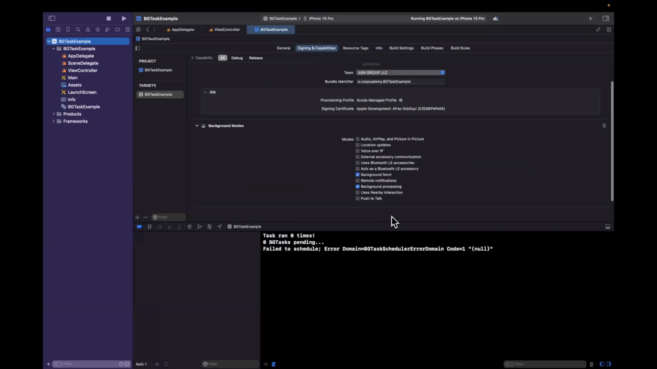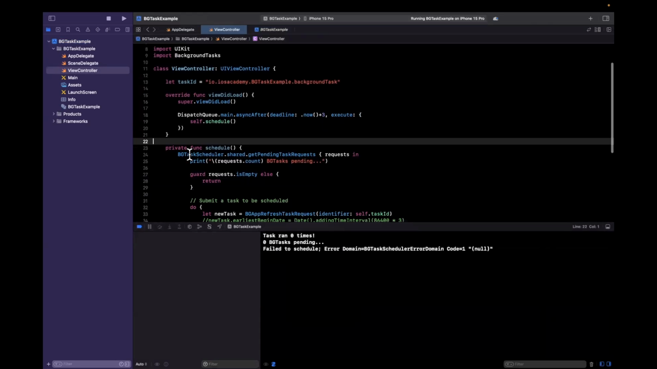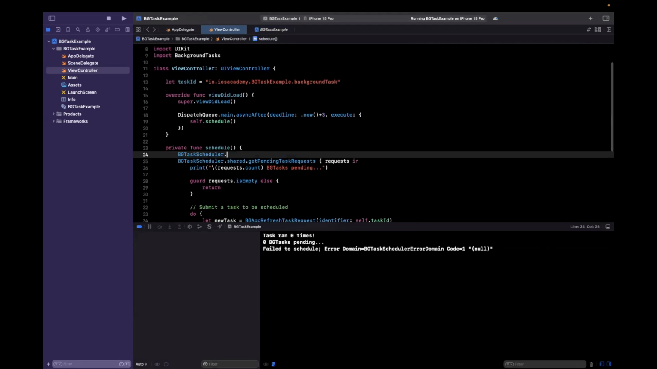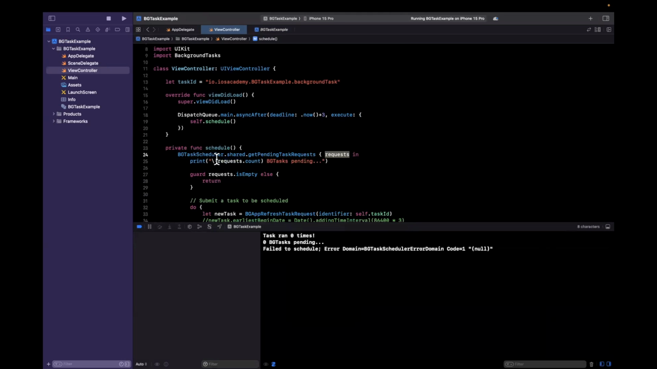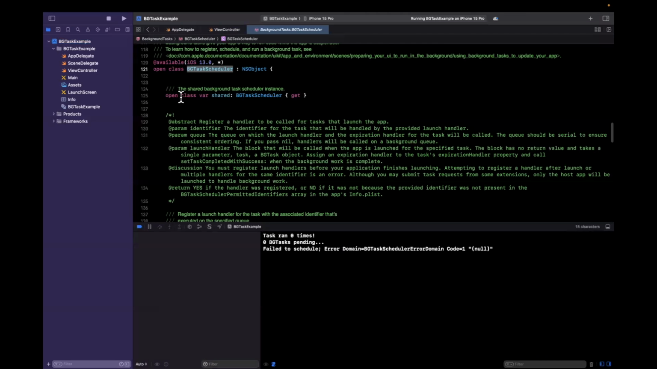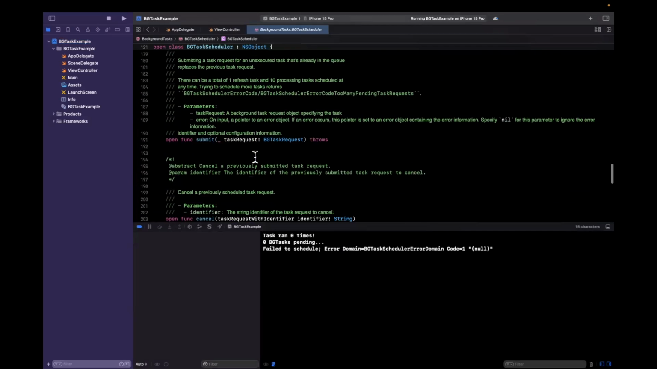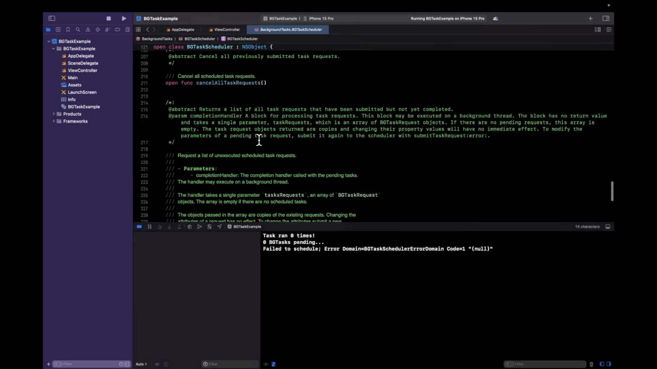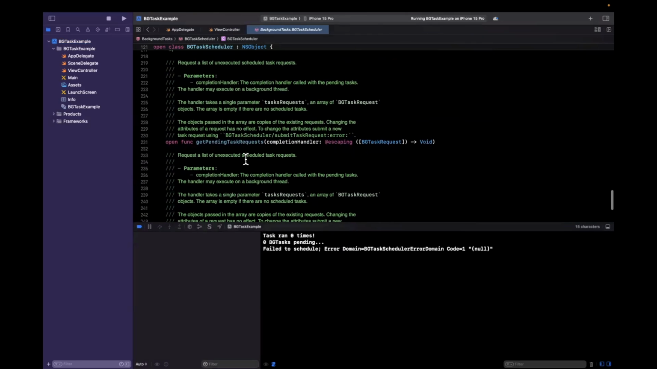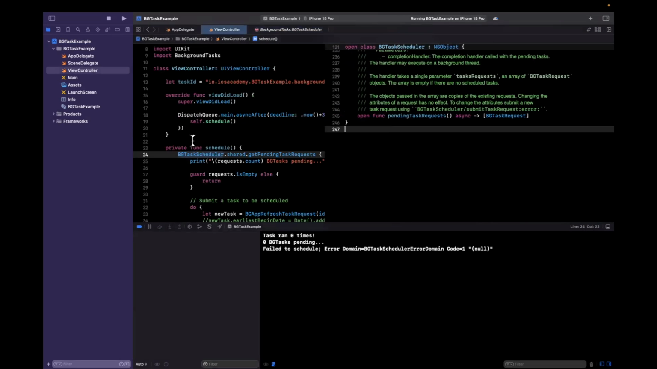All right, so let's see what else is going on. Something weird is going on. This doesn't have an authorization off of it, does it? I don't believe it does. I don't believe we need to request permission. Hopefully this video doesn't get too convoluted. So we are registering a task, we're submitting a task. Okay, we don't need to cancel anything. Cancel all tasks, okay. Get pending task requests, which is an async version of that function that